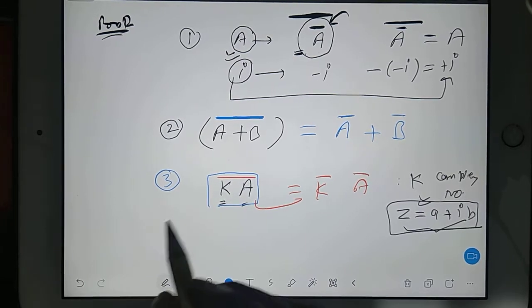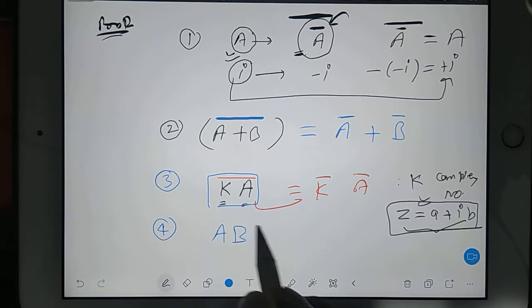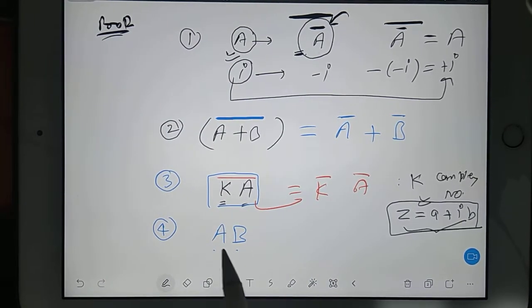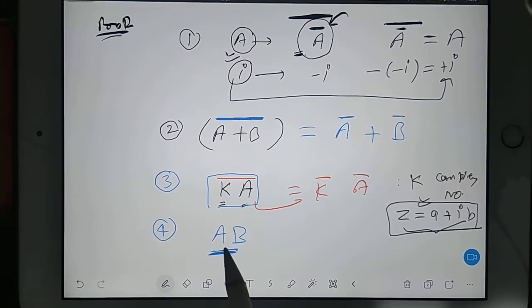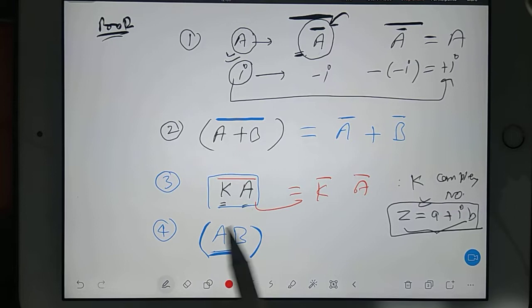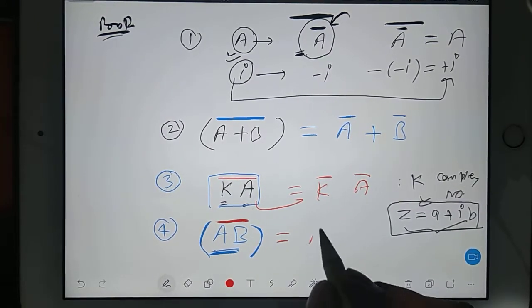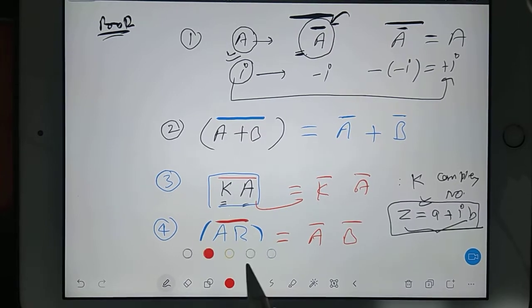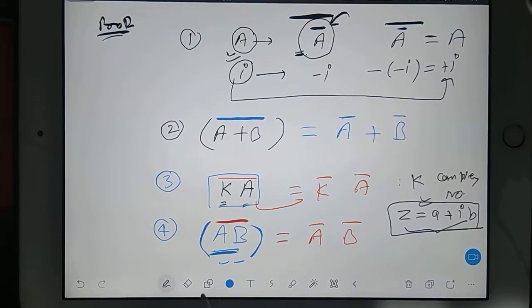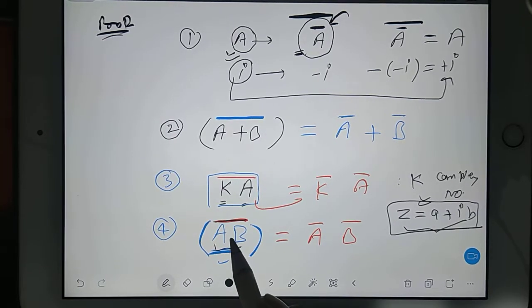Now one more thing. Suppose you have matrix A and matrix B, and you have multiplied both. After the multiplication, we get a new matrix. Then I take the bar of that matrix. Then I can again open it like A bar into B bar. What is this saying? You find the multiplication of two matrices and then find the conjugate of that matrix.